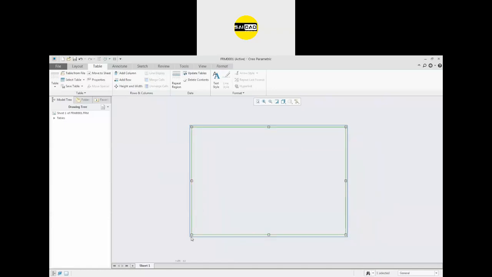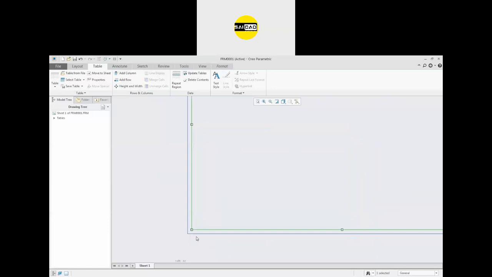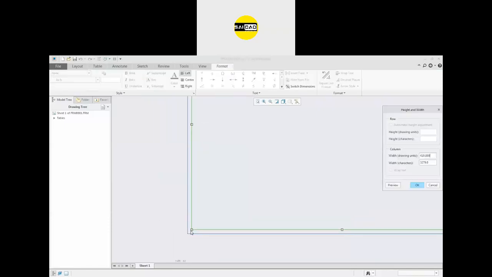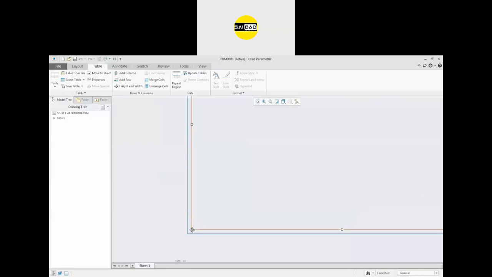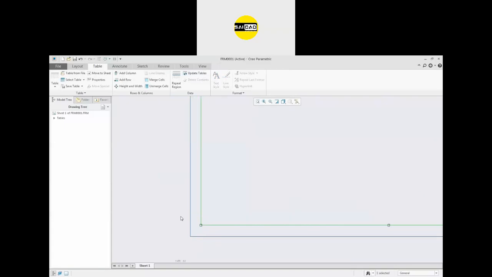If you want more offset, you can do that. So now I just want to move it. Select how you can move this to the appropriate point.